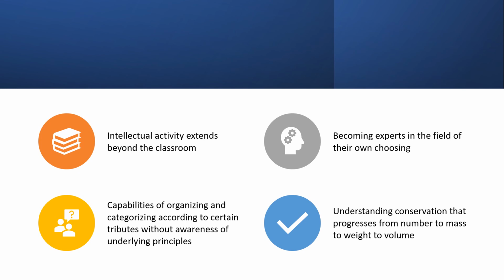Capabilities of organizing and categorizing according to certain attributes without awareness of underlying principles. So now they are aware of categorizing themselves. If you remember when you were in elementary school, you were asked to form a line based on height, based on age, based on school, and birthday and whatever. So you were able to actually organize with your classmates and organize within yourself what those are,